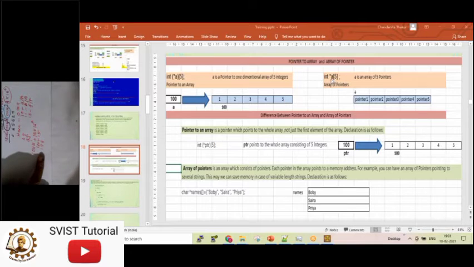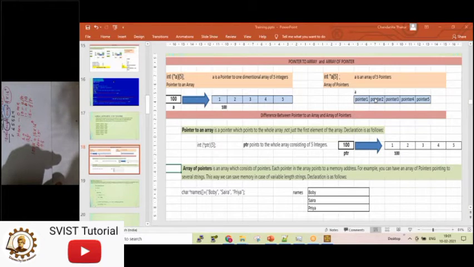Now the next one, there is no bracket here, so array will take priority. So the base thing is A, and A will be treated here as an array. So A is an array of pointers. A will be holding 5 addresses, each address pointing to one integer.